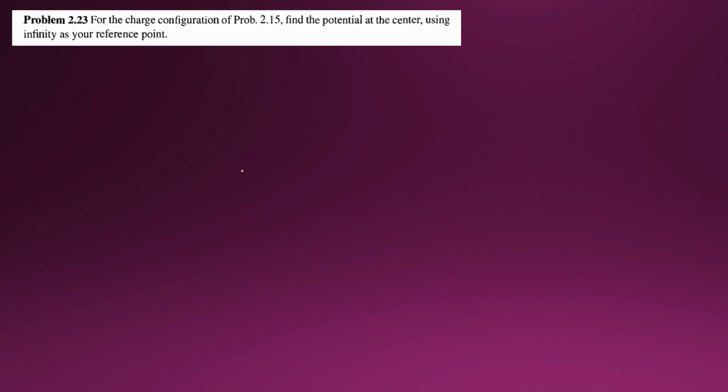Number 2.23. For the charge configuration of problem 2.15, find the potential at the center using infinity as a reference point. Okay, in 2.15,